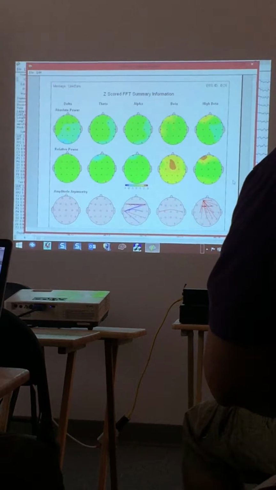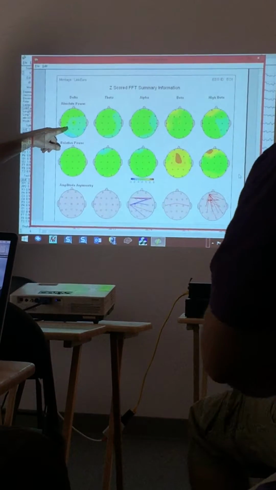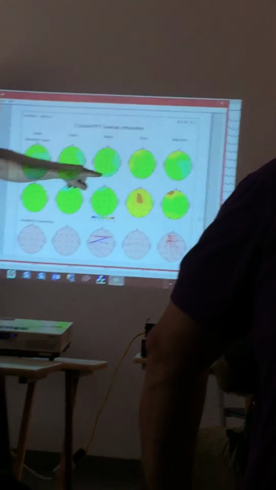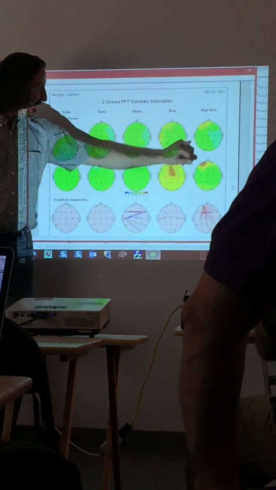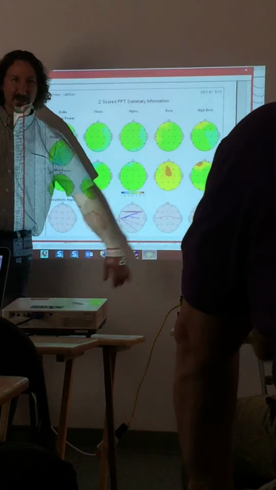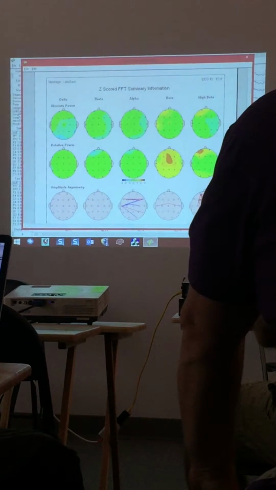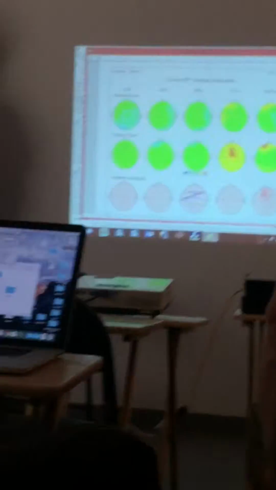All right. So in looking at this brain, we see deficiencies. Okay? Low, slightly low in different areas, and slight increase in beta. There's a slight increase here, and again low. So the balanced brain should be relatively green? Well, not necessarily. It just depends on the person or the case.